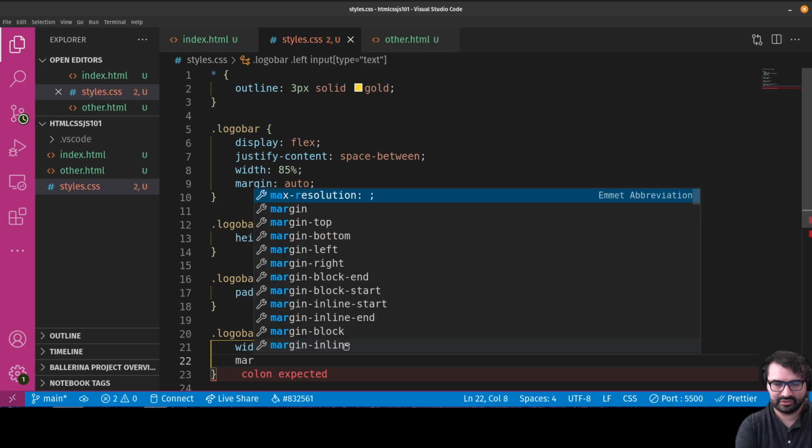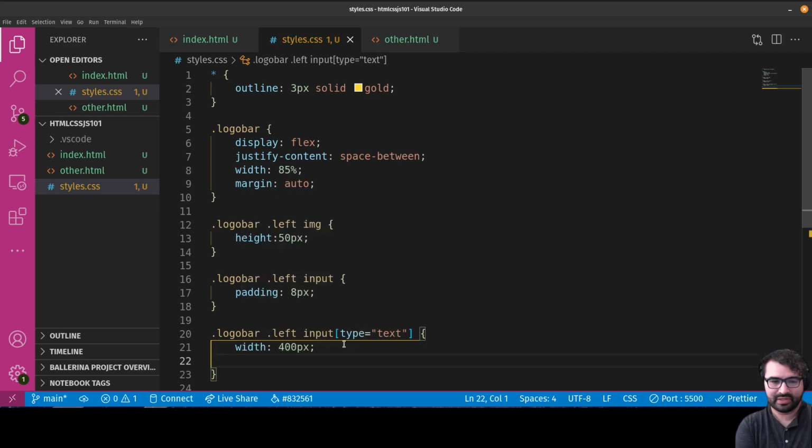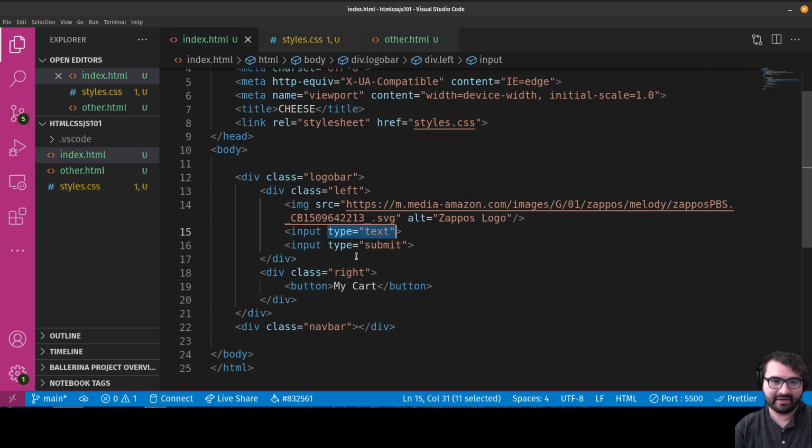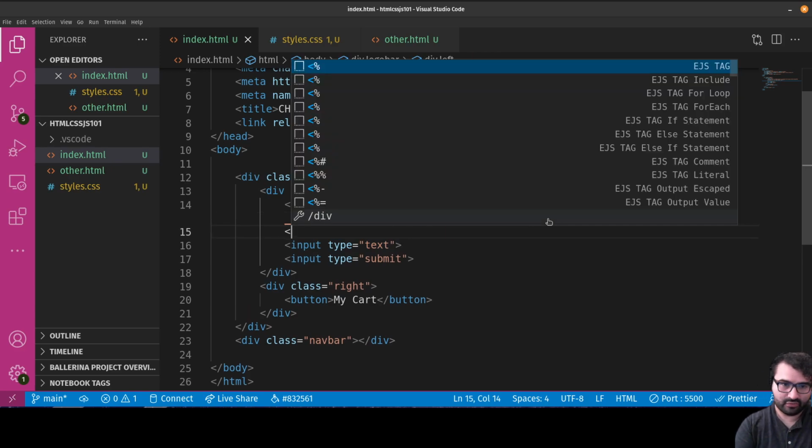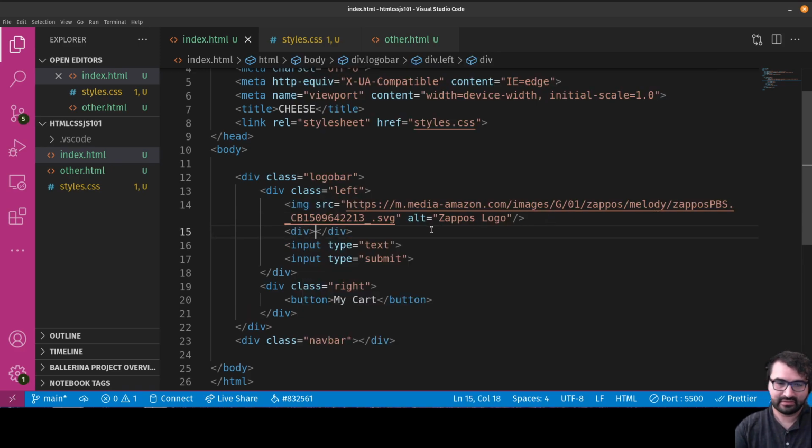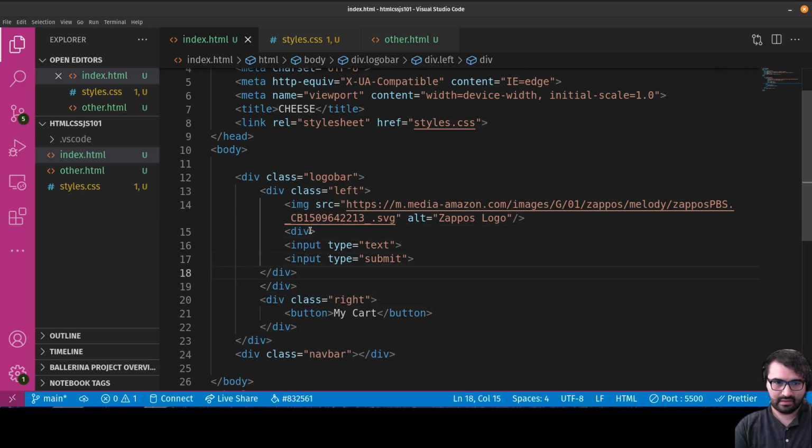How should I do that? There's a couple different ways I could do this. I can put them in another div and then have that div have the margin, which would probably be the smart way to go. So that would mean me going back here and grouping these two elements by putting them inside their own div or form tag. Okay, and then I'll give this a class of form. And then if I save that,